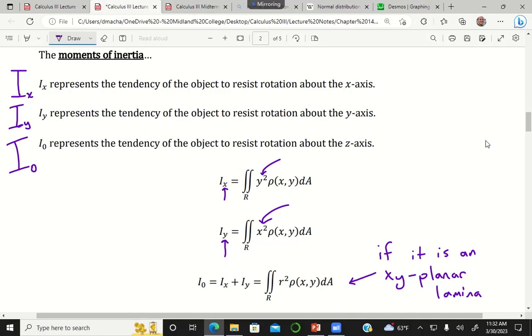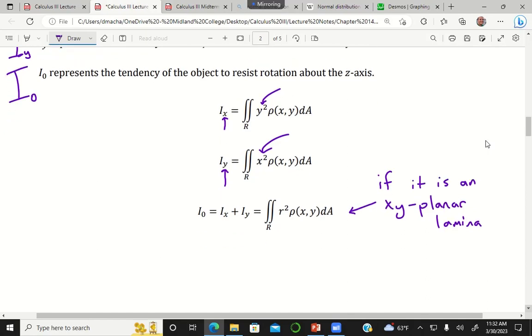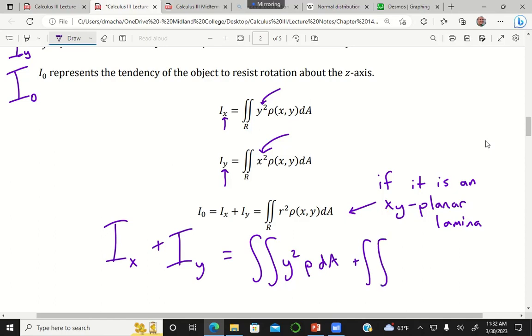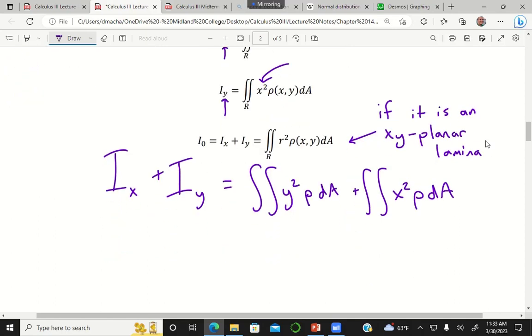And then this is kind of interesting, but if you were to take the moment of inertia with the little subscript x plus the moment of inertia with the little subscript y, then you would get these double integrals of y squared rho plus the double integral of x squared rho. But we're going to have the same variables of integration, and so